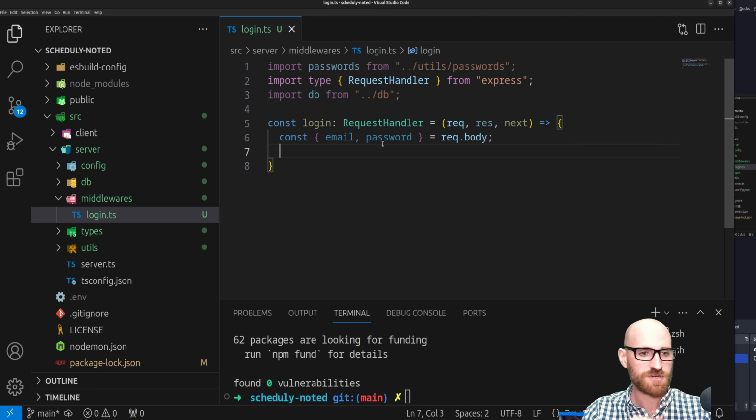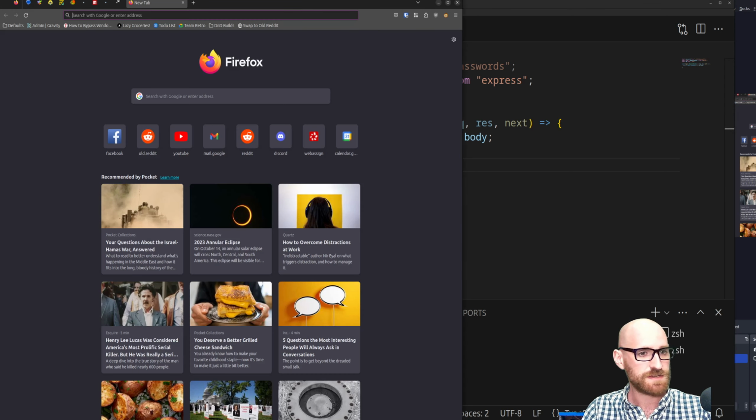So we're going to destructure the email and password out of the req body, and I'm going to let users log in with either the email or username. So I'm just going to have, coming from the client side, an email/username input. It's just going to be one singular input. I'll have a label saying they can log in utilizing either, but I'm just going to send down one